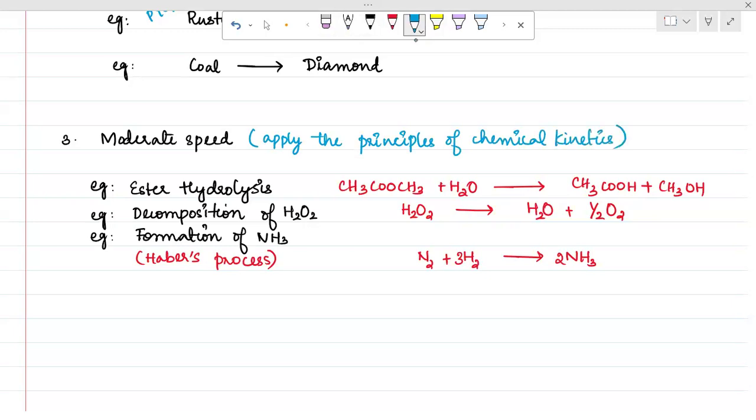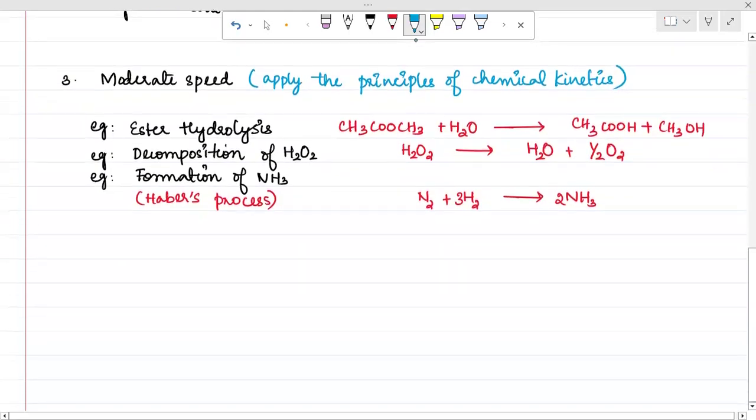So whatever we are going to learn, the concepts are applicable to those reactions which proceed with a moderate speed. Again, let me tell you that there are millions and millions of reactions. You cannot categorize them into three and start mugging them up all. That's not at all possible. So this is to give you a basic idea that if you get a statement question, for example, you have